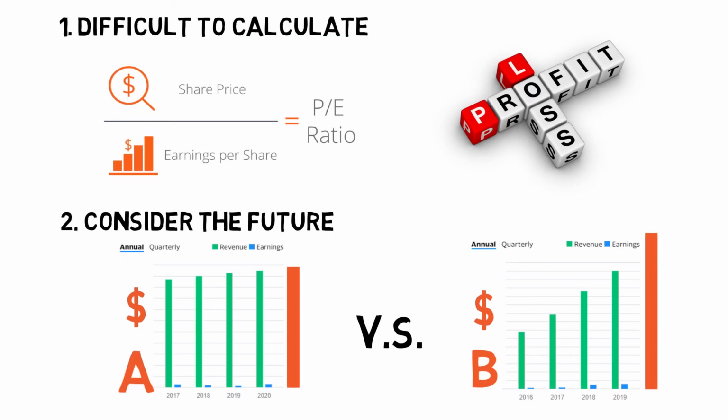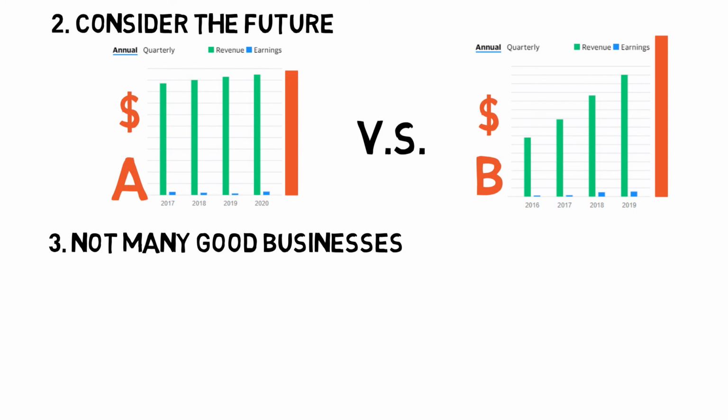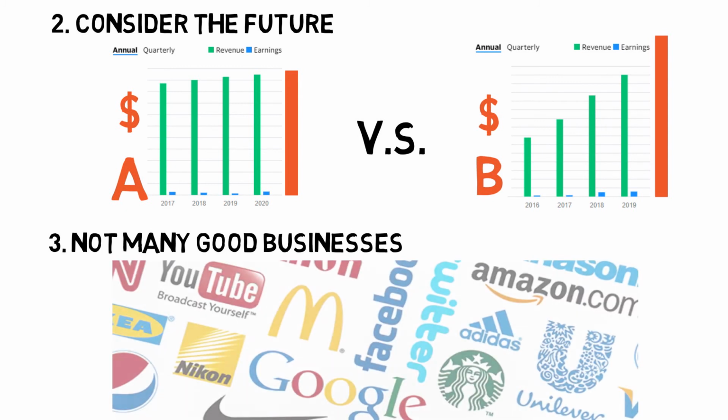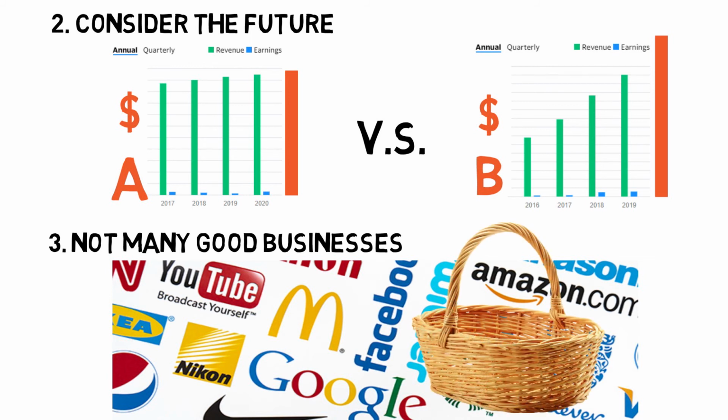If you're trying to balance your high-risk, high-return investment with your low-risk, low-return investment, the efficient frontier can help calculate the optimum ratio. However, there aren't that many great businesses in the world, and you may find one stock has both higher return and lower risk compared to other ones with lower return and higher risk. You should put all your money in the first one instead of diversifying your portfolio for the purpose of doing it. If you found the golden basket, why not put all your eggs in there?